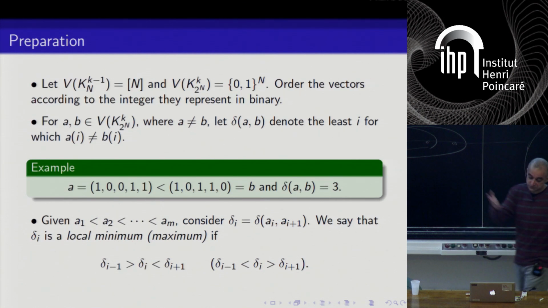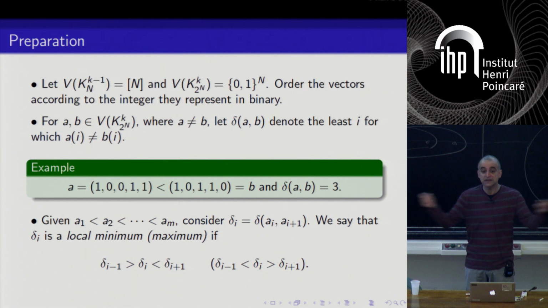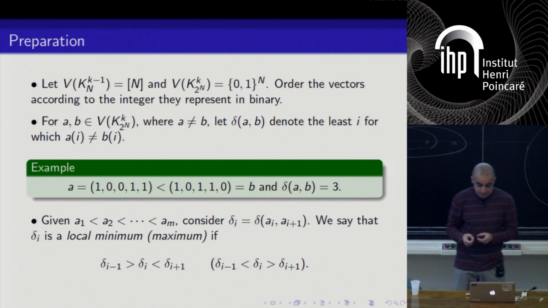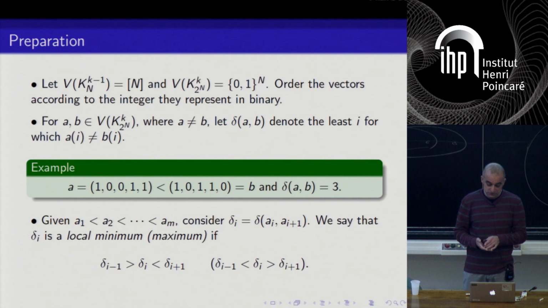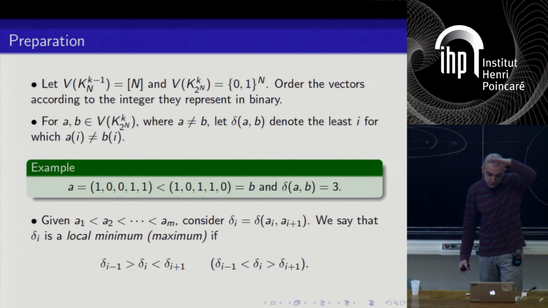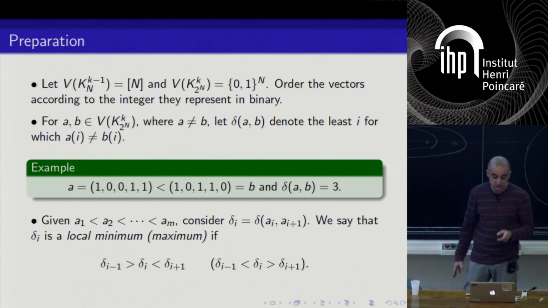If the vertices of the smaller construction were the set 1 through capital N, then the vertices of the bigger construction are sequences of length capital N. So there's 2 to the capital N many points. And then you need to decide, so the vertices are now vectors, 0, 1 vectors of length capital N. And now we need to have an ordering. So we order them based on the number that they represent in binary. So if A is this and B is this, then you write A is less than B. And you need one simple idea.